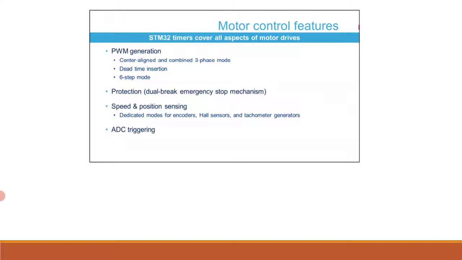Quadrature encoders and Hall sensors are used for fine and coarse position feedback, while tachometer generators are used for cost-effective speed feedback and just require a clear-on capture mode. Lastly, the timer includes synchronized ADC triggering position options necessary to properly manage voltage and current sensing and avoid any acquisition issues due to switching noise in power stages.